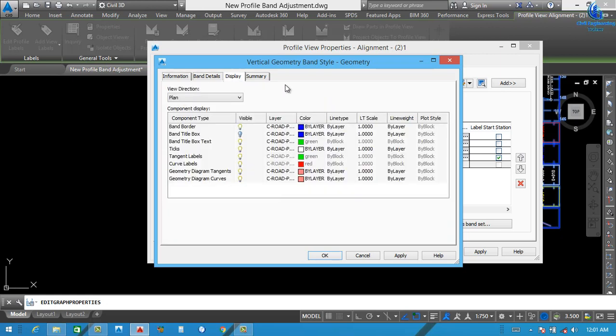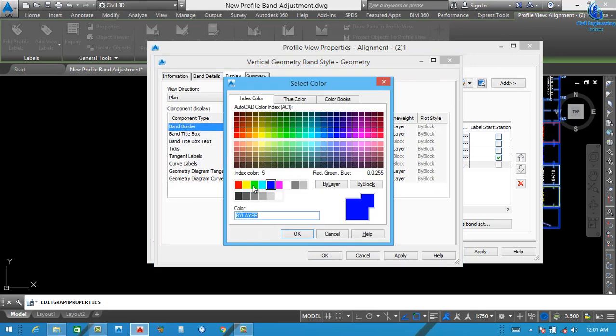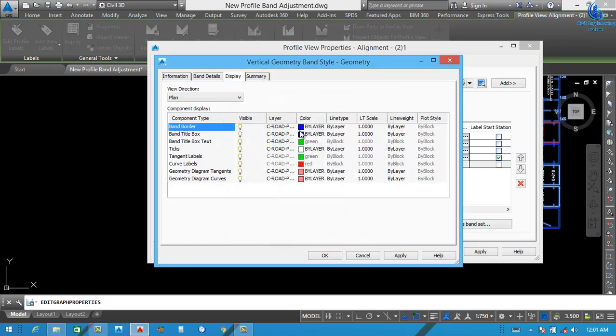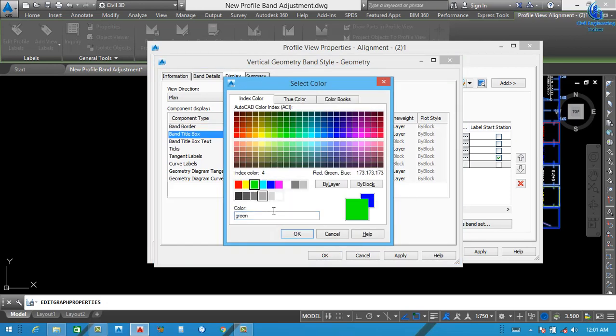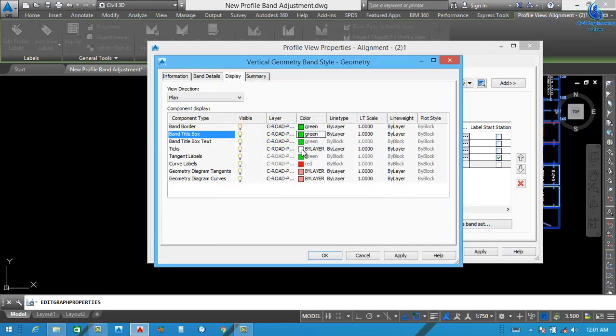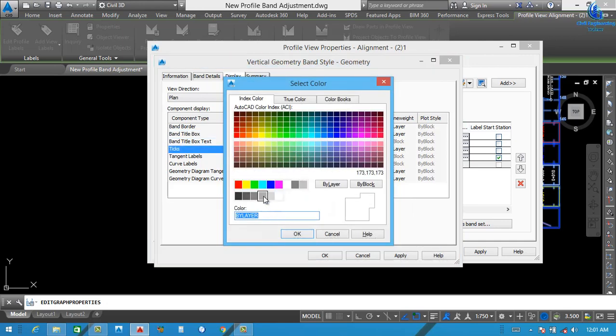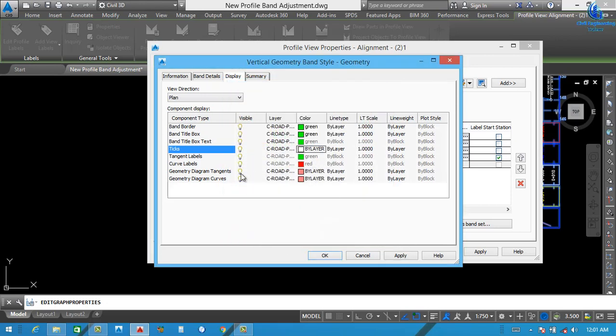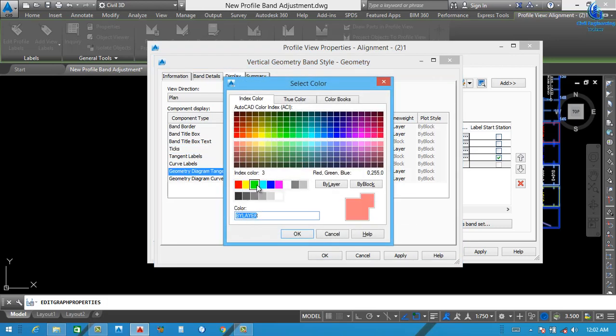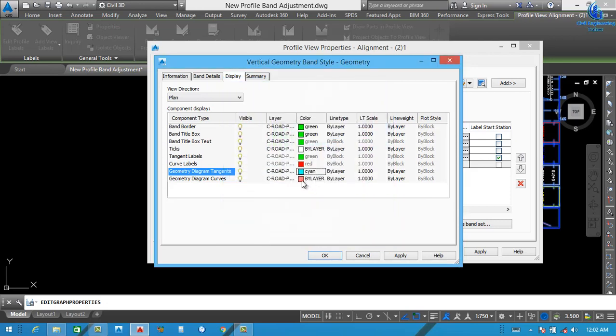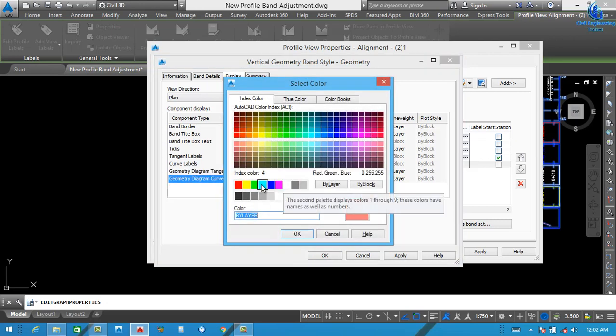After that, select here in band title box. Okay, select here. This must be green because we want to make this one all green. This one green. This also must be green. Tick also green. Okay. So tangent label, curve label, and geometry diagram tangent, they also must be green. You can also give some this one color, and curve diagram also must be this one color. Okay,